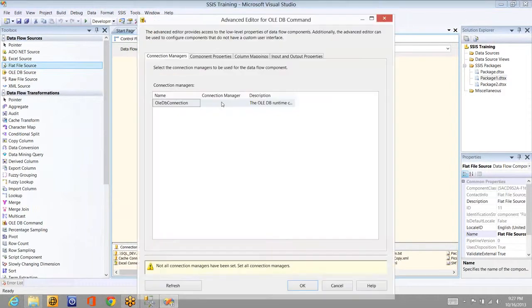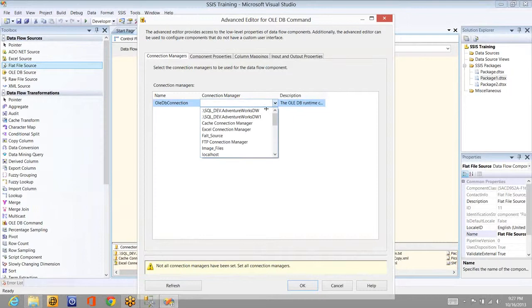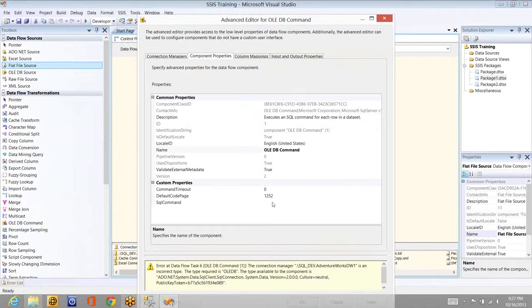So here in this case, let me connect to AdventureWorks DW where I have that image underscore test table. I think that is here. And here if you see, you can write a command like insert or update or delete. I'm writing an insert into image underscore test, which is the table name, and I'm inserting only one column, that is path value.